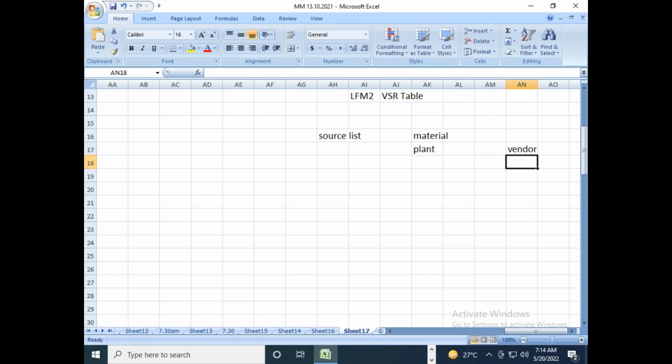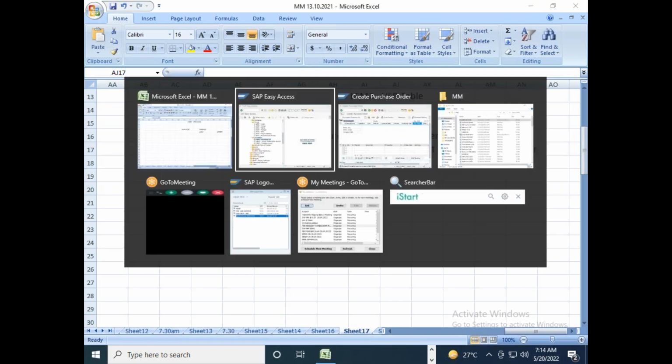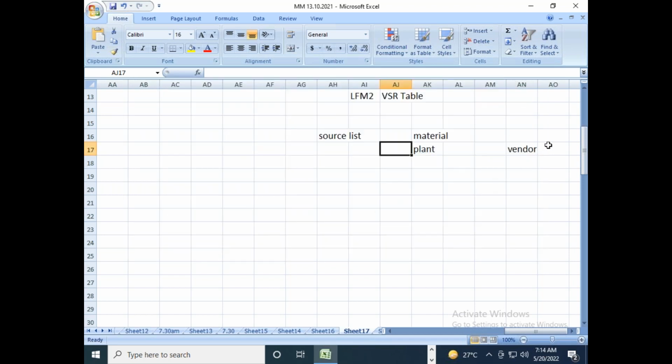So in the SAP database I am going to maintain, for a particular material and plant combination, the relevant vendor details, so that if I am creating a purchase order for the material at this particular plant, the relevant vendor will be populated into the purchase order automatically. I need not maintain it manually. So my vendor is, let us say, the one I just created, 3016, right? So I will take 3016 as a vendor, and the plant I can take as IN47,